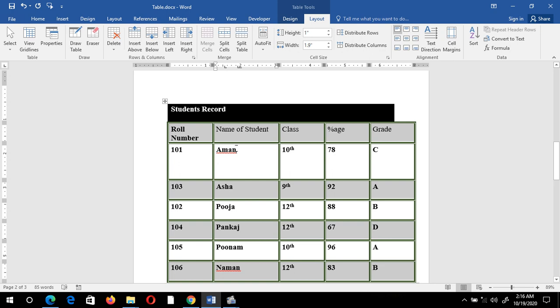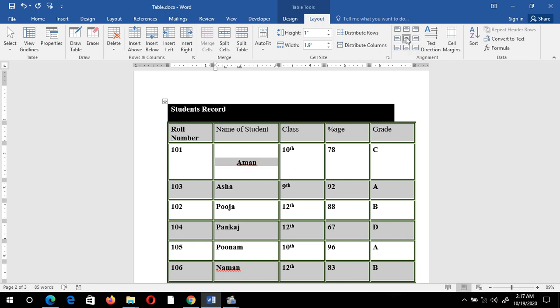We have 9 types of alignments for these cells. You can see the alignment group. Here are 9 types of alignments. By default my text is on the top left corner. If I want top, center, right, it is middle left, center, middle right, and bottom left, middle, and right.